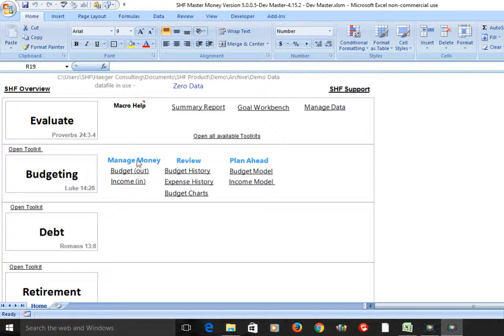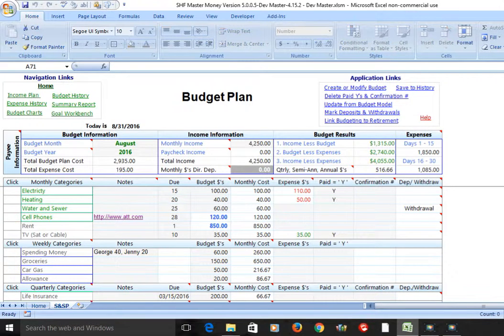To get there, we go under Manage Money, click Budget Out. That opens up the budget plan. You can see some payments have been put in here, and they're red if they're greater than the plan. They're green if they're equal to or less than the plan. Some paid Ys have been put in here so that you know later in the month that you've actually paid